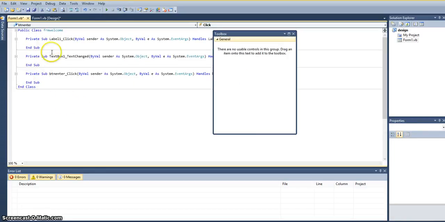You can just ignore all the stuff up the top here. So we're inside of the btnEnter button. So everything that is typed in here will happen when this button is clicked. So the first thing you're going to do is declare a variable. We will talk more about variables later, but to declare a variable, we type in Dim. I'm going to name my variable strName